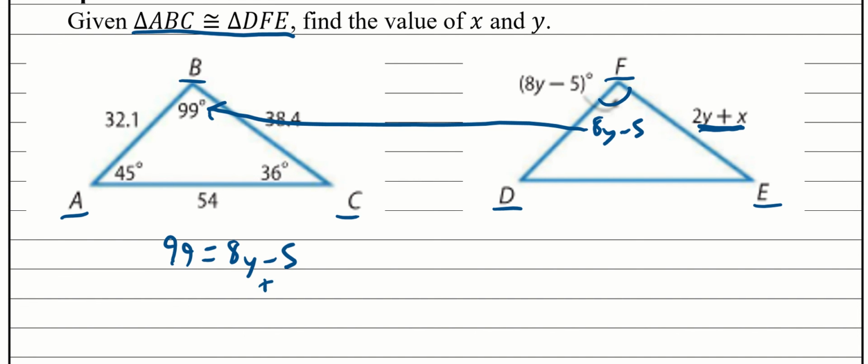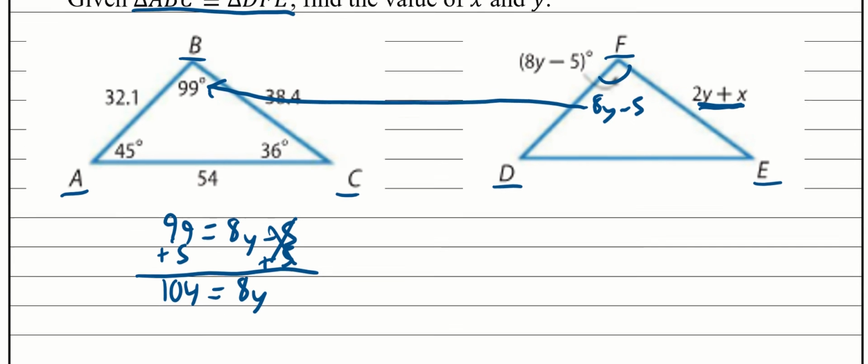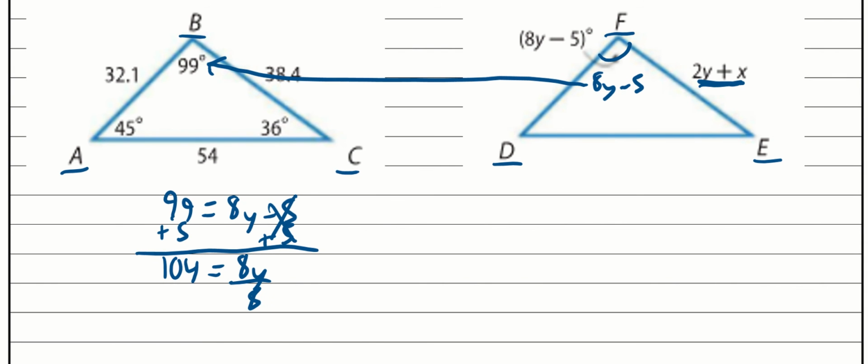And now I can just solve here, so I can add 5 to both sides. When I do that, these cancel. I get 104 equals 8y. And then last step here, divide by 8. We're going to get y equals